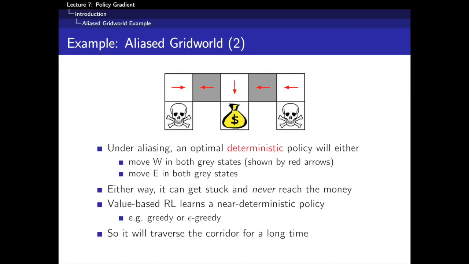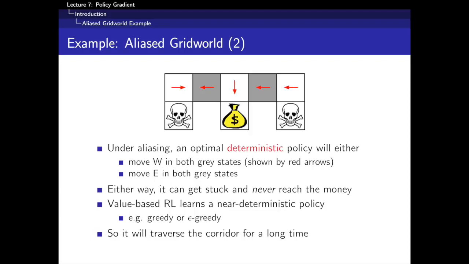So as a result, if you use a deterministic policy, then you have to pick the same action in those two grey states. A deterministic policy, which is parameterized in terms of those two things. And so imagine that you learn a value function now. The value function for these two states has to be the same. And if you act greedily with respect to that value function, you'll either go west all the time, or you'll go east all the time. Okay? And so this greedy idea of generating a deterministic policy, or even a near deterministic policy, would basically lead